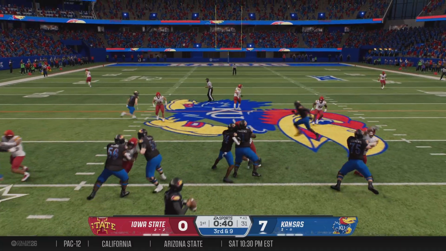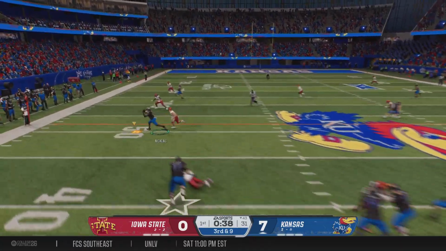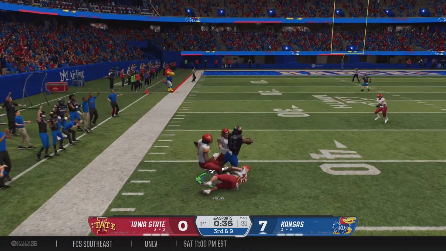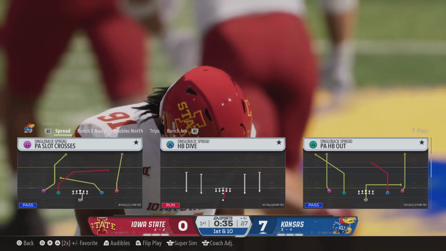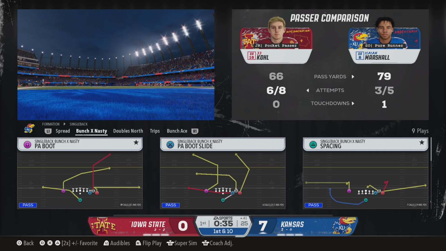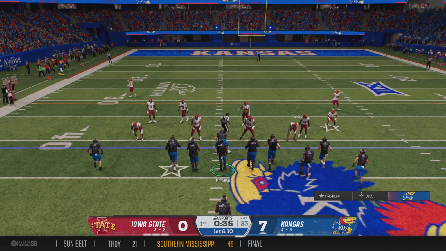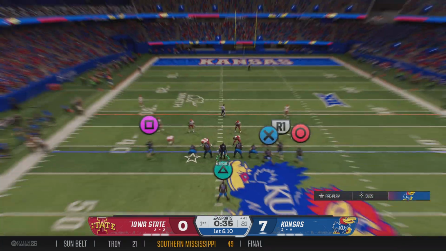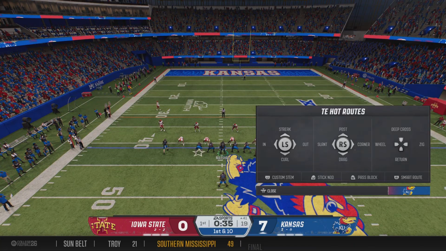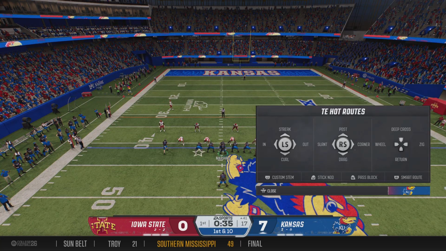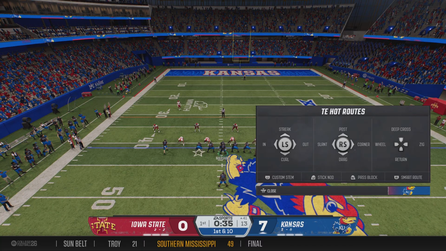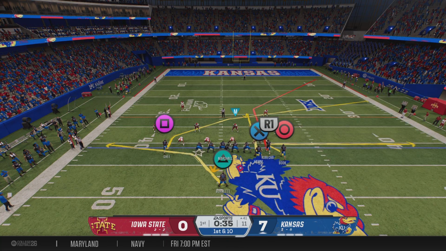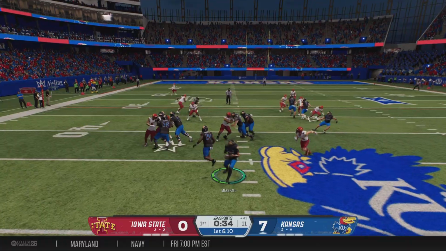Looking to throw, it's Marshall. Makes the grab on the left. They'll move the chains. Good execution on 3rd down. They've got it at the 41. Well, offensive coordinators put in countless hours every week trying to formulate and use different personnel groupings and shifts and motions to give their offense success on 3rd down. You can tell in this game, this offensive coordinator, he has put in the work this week.